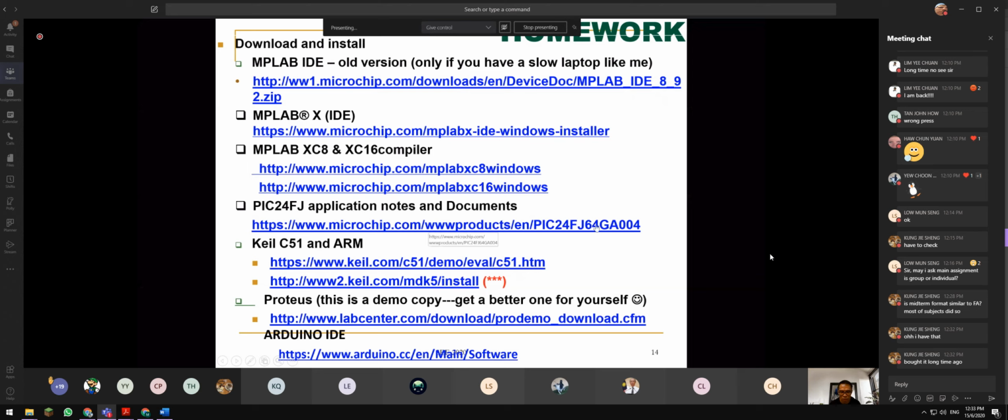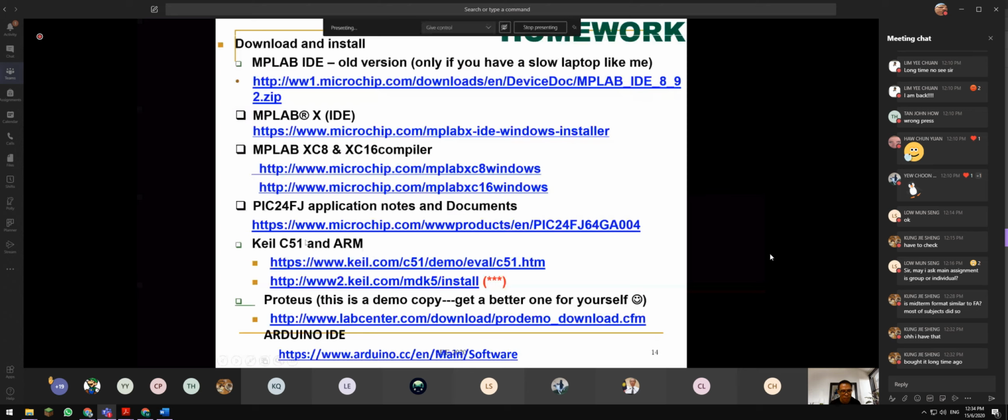There are a lot of documents over here. If you're able to understand all of this, it means you are already an expert, even better than me for this microcontroller. And then we also have Keil uVision. Okay, we are using Keil uVision. Keil uVision is an IDE started in Germany in 1982. This is my baby, one of my favorite development tools.